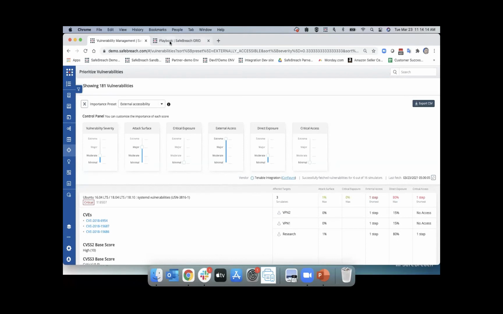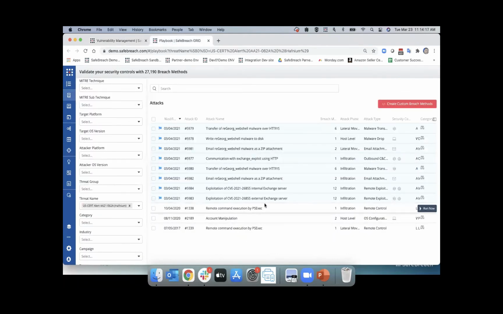Next, the one I want to get into is our playbook, okay? And the playbook is really just our fancy name for our attack library, okay? We have, as you can see, over 27,000 attacks in our playbook already. Now, these are not just attacks that we have come up with. These are attacks that our research team has developed, taken all the attacks out in the wild, reverse engineered them, and published them into the playbook for our customers to go safely test against their environment and see how well their security controls are able to protect against